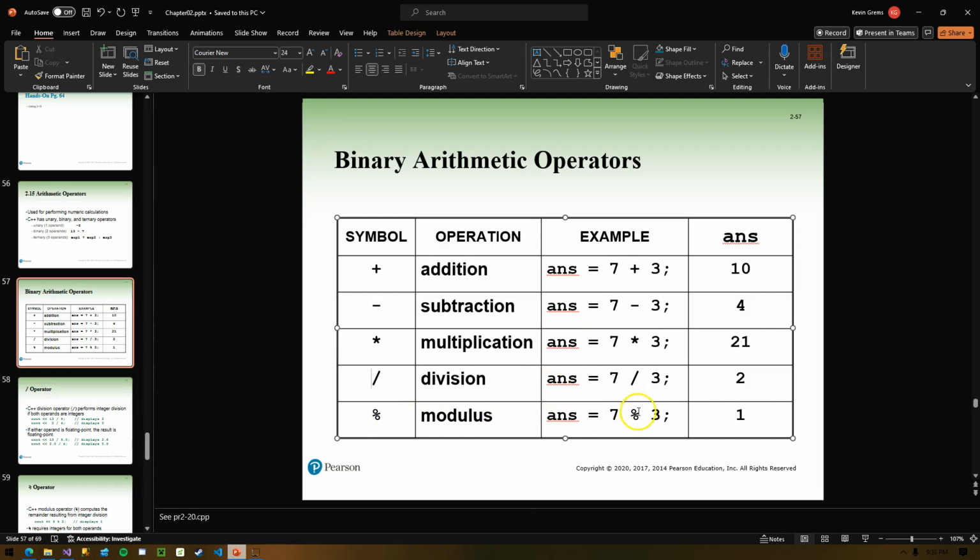Modulus, if you've seen any other mainstream programming language, has a modulus operator, which basically returns the remainder of a division. So in this case, it's 7 divided by 3. 3 goes into 7 2 times with a remainder of 1. Modulus.